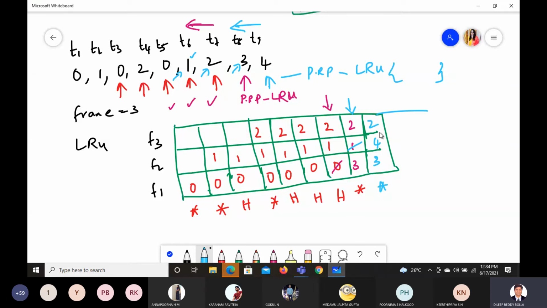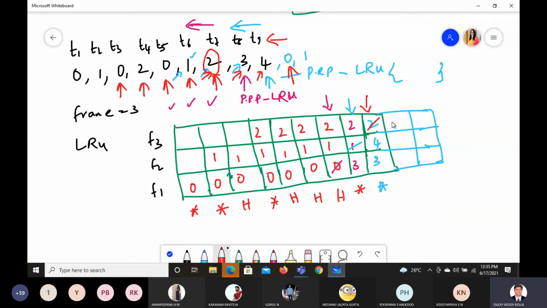Now you tell me any of the numbers. Let us expand this problem and try to understand what is happening. Any numbers you tell me. Let us say 1 we got. 2, 3, 4. Or which one will we take? Now 0 is appearing. Let us say 0 is appearing and 1 is appearing. Let us think of this example. Now in case of 0 appearing here, it will start checking this side in this corresponding timeline. So 2, 4, 3. You see this here? 4, 3 and 2. So it should replace the least one, which is 2.